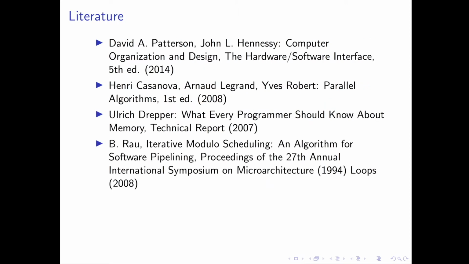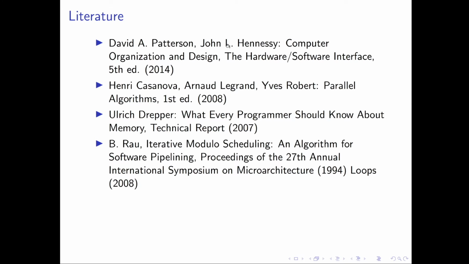So this closes part 1 of this lecture. So let me briefly go through a bunch of books and papers that are relevant. Like, this is an assortment, and probably the most important book for part 1 is Patterson and Hennessy, Computer Organization